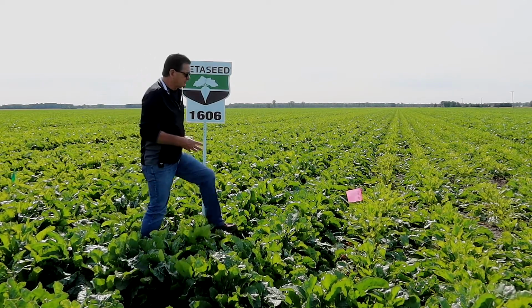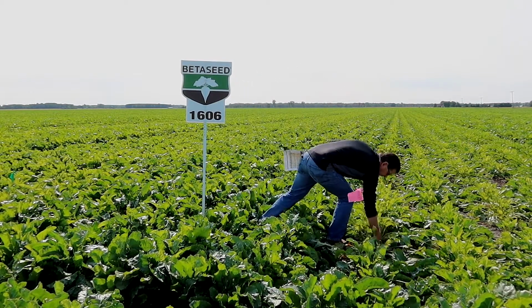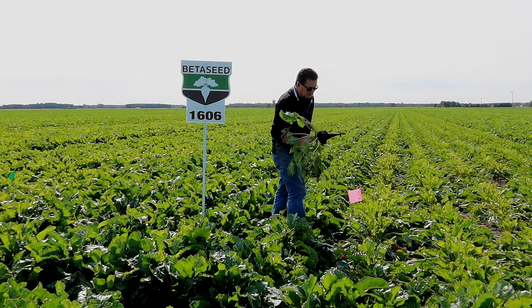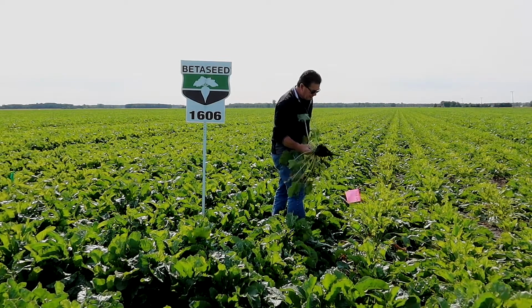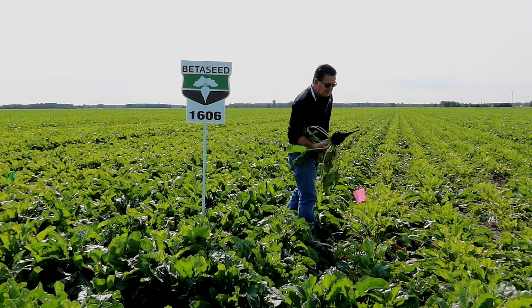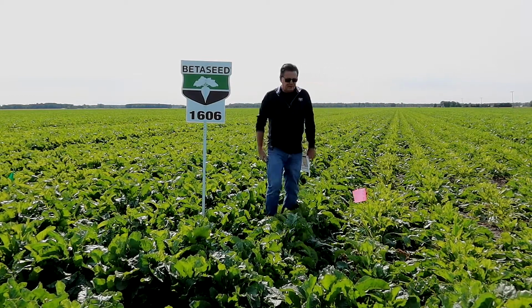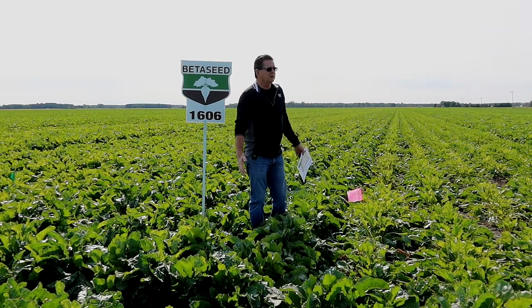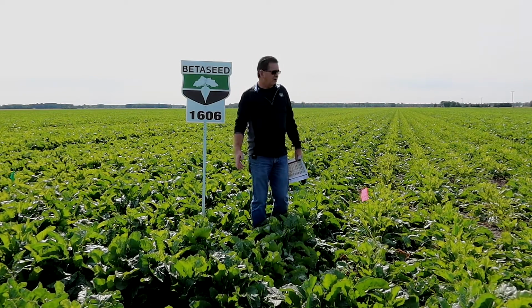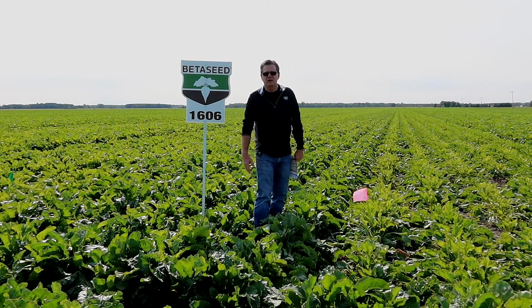So we've got some Rhizoctonia in it. If you pull up a beet, you can usually find the cysts on them. This one's kind of ugly because not only does it have nematodes, but it's getting some rot into it too. So if you've got nematode problems in your field, it really pays to use one of the Betaseed